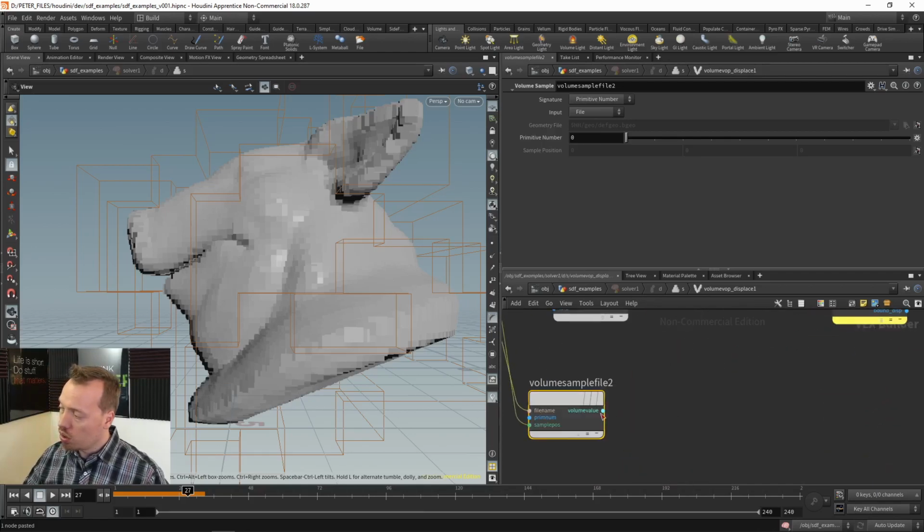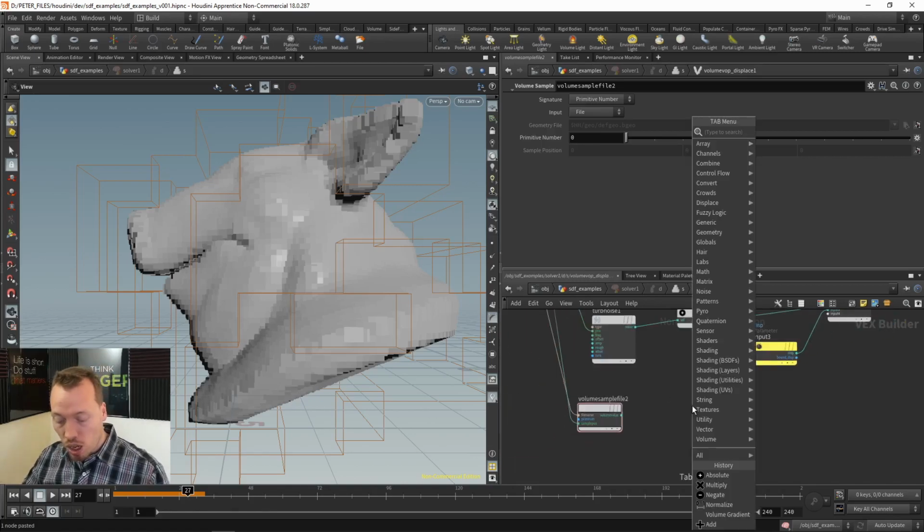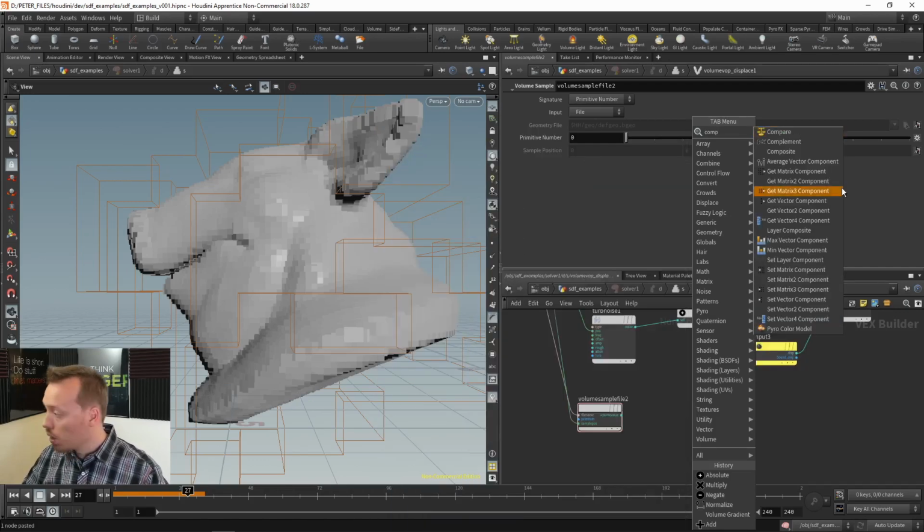And this is going to return a positive or a negative value based on where we are inside of this. So we can use an if statement, for instance, and say if you are inside of the volume, meaning your SDF value is negative, you're allowed to grow. If, on the other hand, the value is positive, you're not allowed to grow. So literally, we can just do either a two-way switch or a compare or something like that. So a little comparison